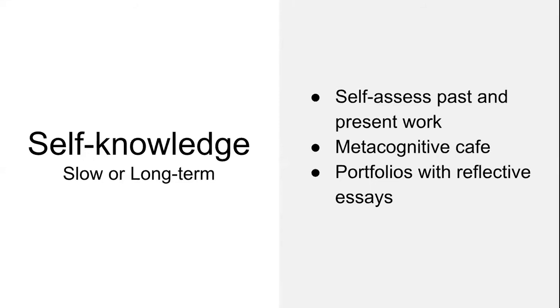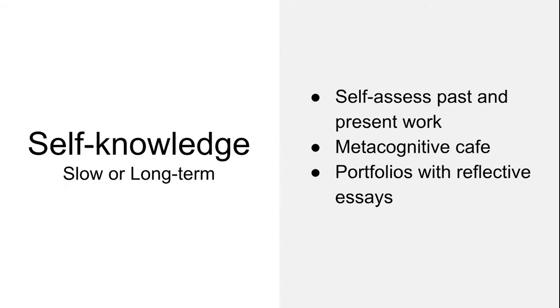And then longer term things that you can do are self-assessments of past and present work, and doing things over a period of time. So not just doing a one-time thing, but actually asking them to do that over a period of time so they can see growth and change. You can do things like